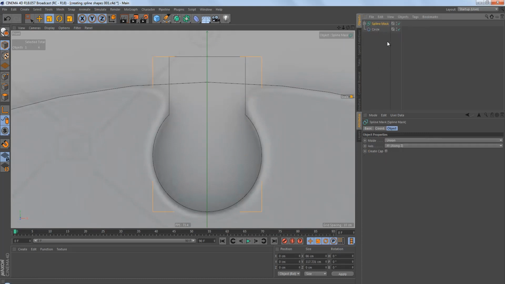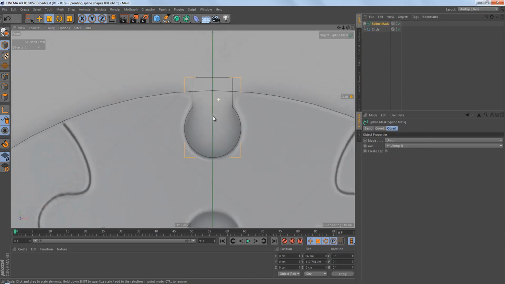By default, this object is set to union, which in this case is exactly what we need. Right now we're not going to worry about the fact that we have a nice and round corner here. That is a detail that we're going to add when everything else is done. So our template is basically finished, so I'm going to rename this to hole/protrusion